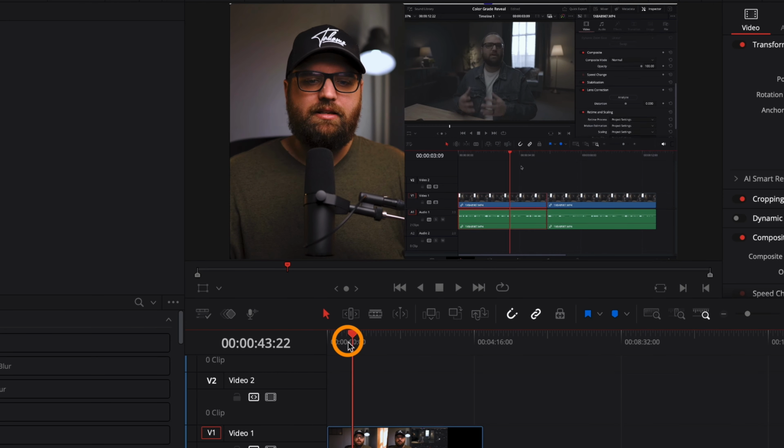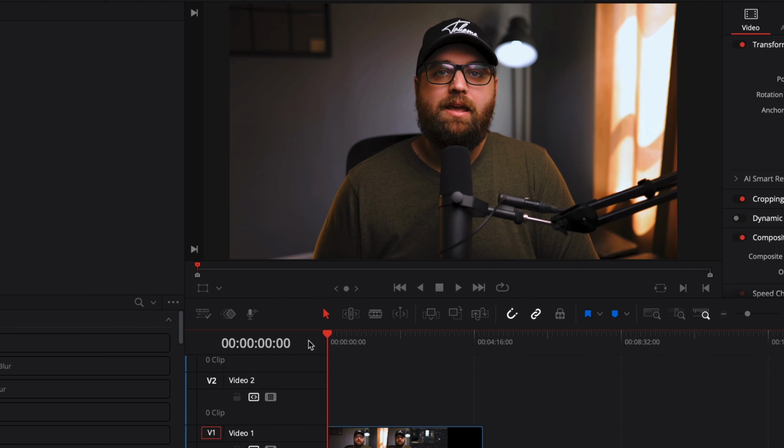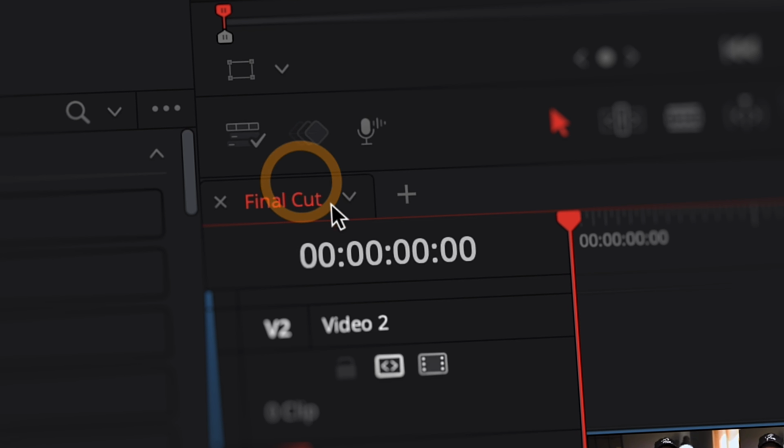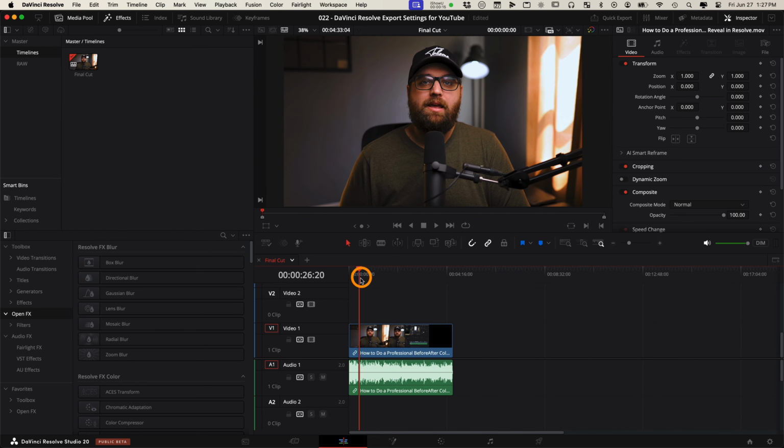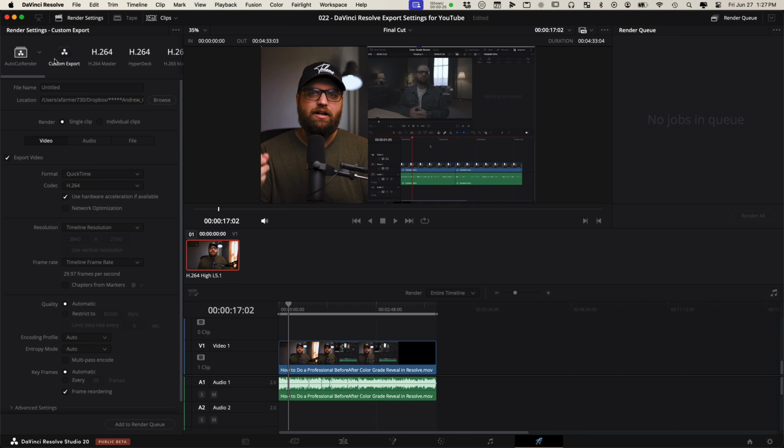Best export settings for YouTube in Resolve. First, you're going to make sure you have the correct timeline selected by clicking here, selecting the right timeline, making sure it's what you want. Then you're going to come over to the deliver page, click here, and you have a whole allotment of settings